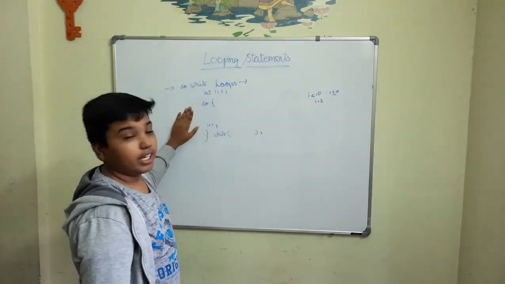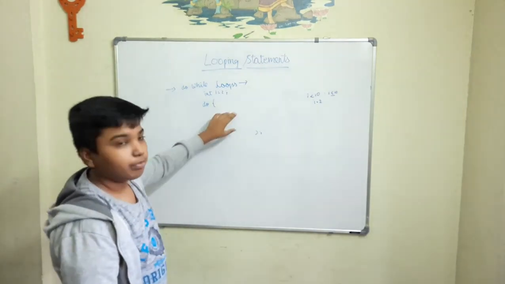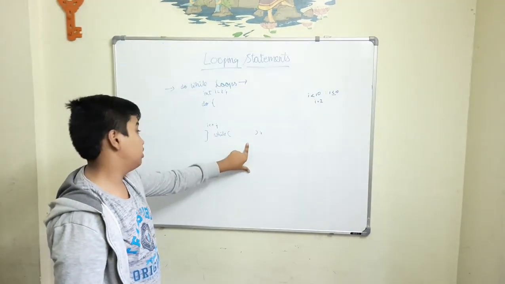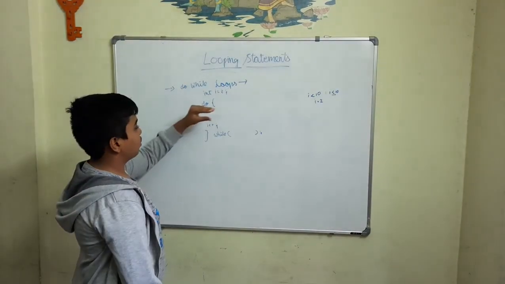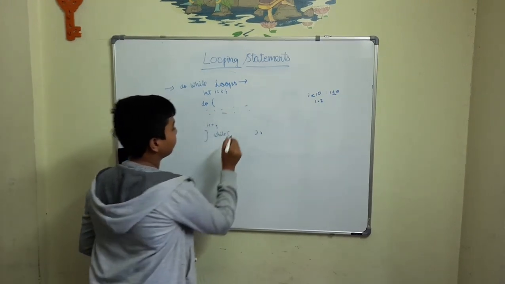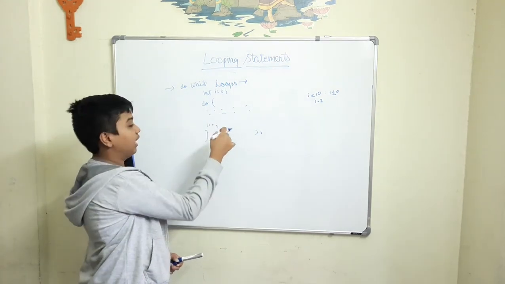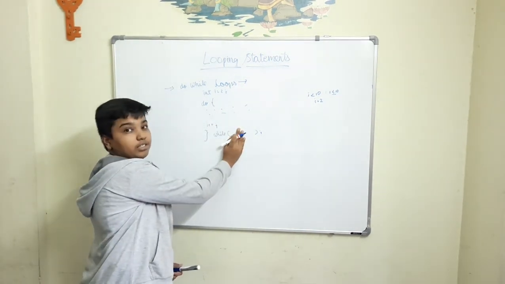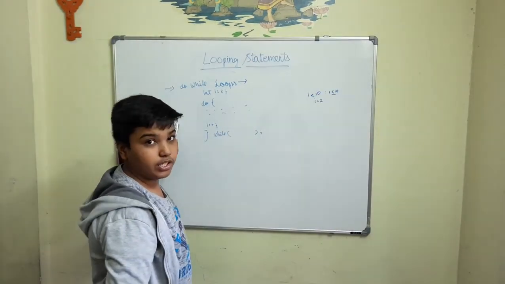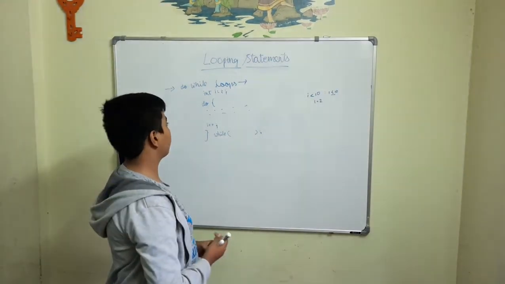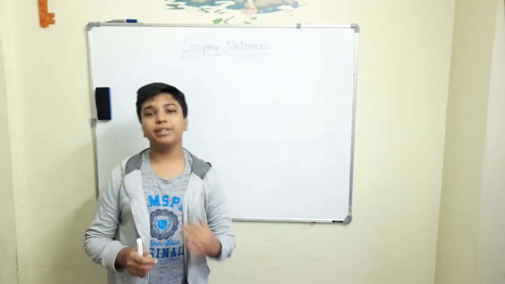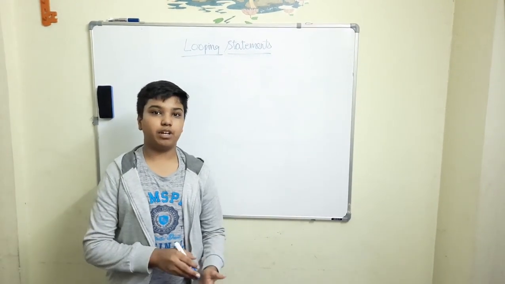But do while loop is not like that. It will execute at least once, even if the condition is wrong, because it executes first and then checks the condition. Like you write some statements over here, and it runs those statements and then checks the condition over here. So that makes it able to run the statement at least once. That is basically the do while loop. So let me just show you some examples of the statements right now.